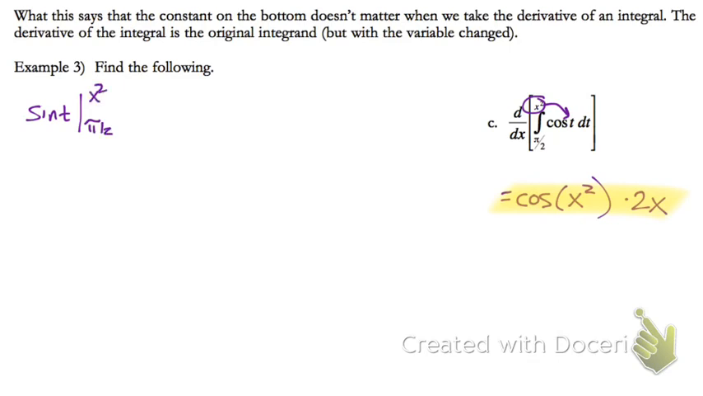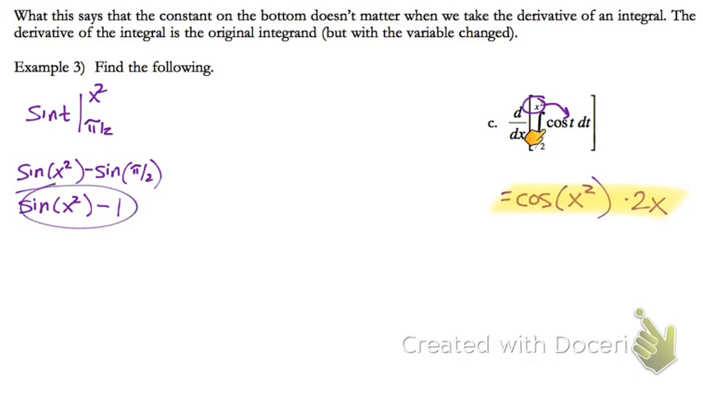If I plug in using the fundamental theorem of calculus, if I plug in x squared, sine of x squared, minus sine of pi over 2, I get sine of x squared minus 1, since sine of pi over 2 is equal to 1. And then if I take this function, that was the integral, and actually take its derivative now,